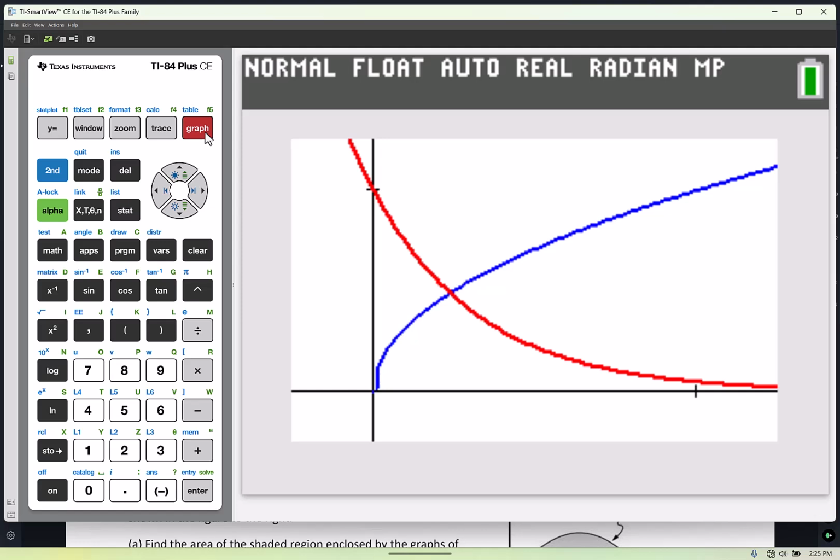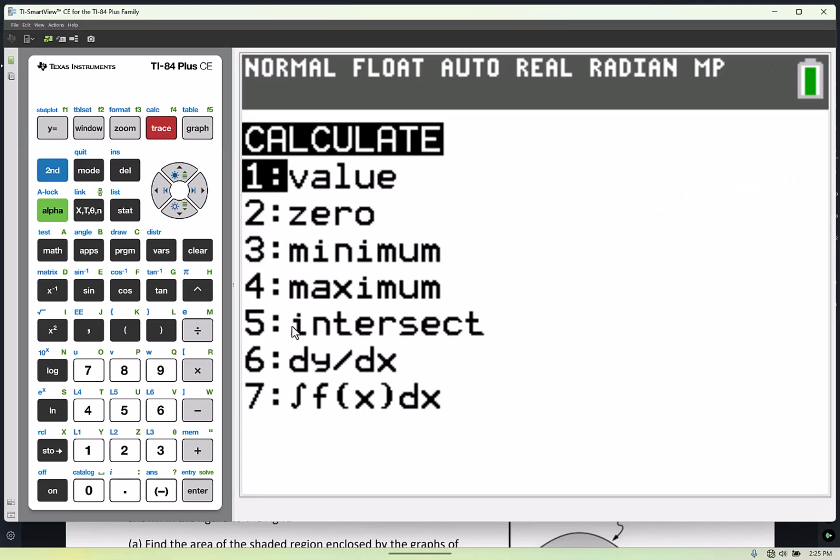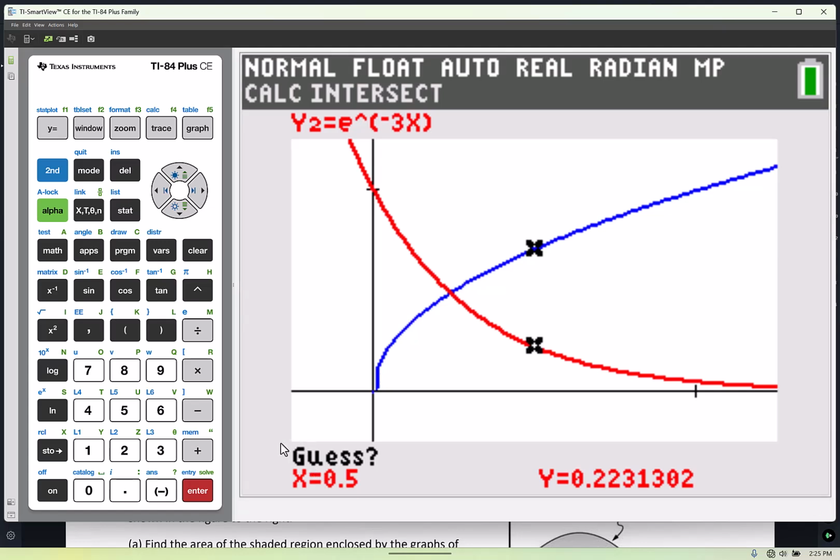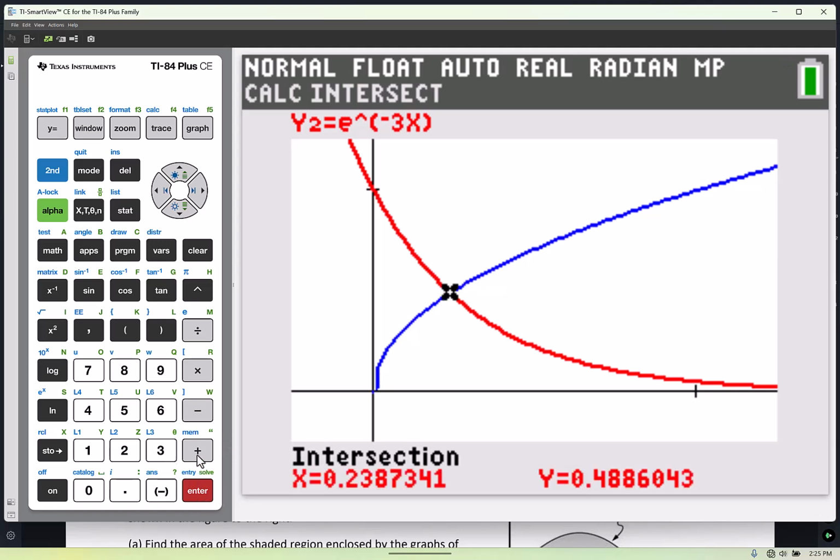What do we want? I know we can't see it here, but we want the shaded region from where it intersects all the way to here. So I need to find this x value right there. Can you guys see the cursor? So how do I do that? Second, calculate, what number? 5. If you only have two curves, you can just push enter, enter, enter, and if it only intersects one time, you don't even have to move the cursor. If it intersected more than once, you'd have to move it closer to the one that you want. Push enter, and there it is,